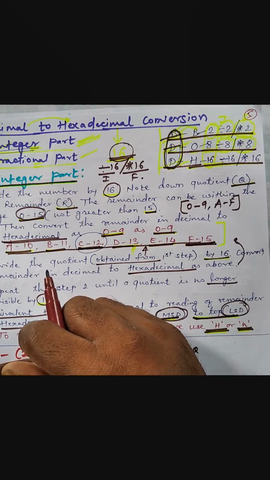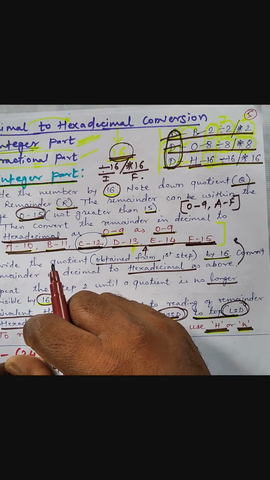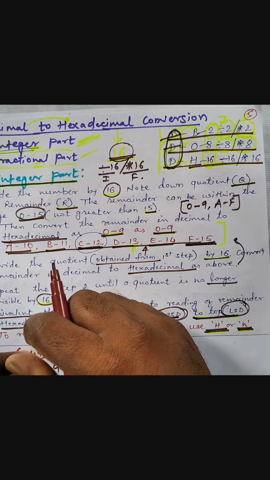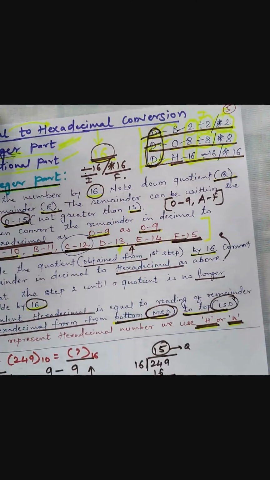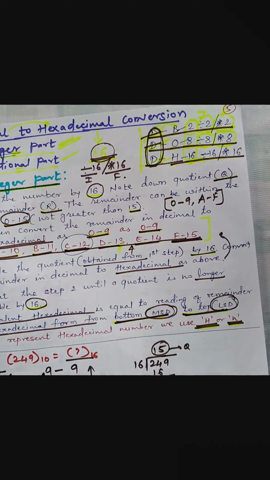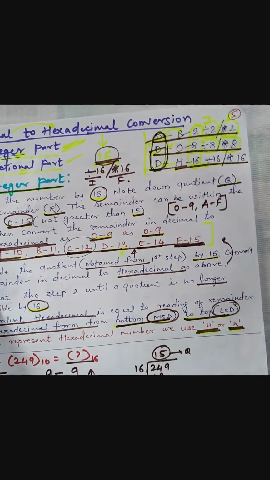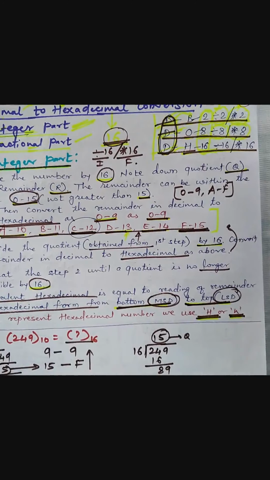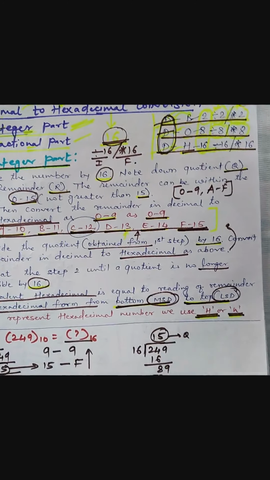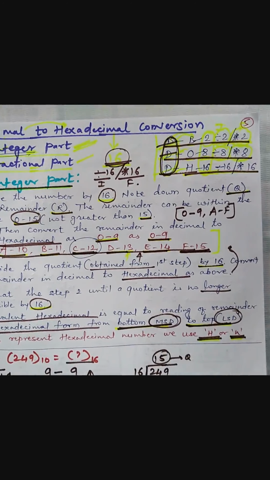We'll stop here, and in the next lecture we will consider the next number system, that is binary, and we'll try to convert a given binary number into its equivalent octal, decimal and hexadecimal. In the next lecture we'll come up with different rules for binary to decimal, binary to octal, and binary to hexadecimal conversion.